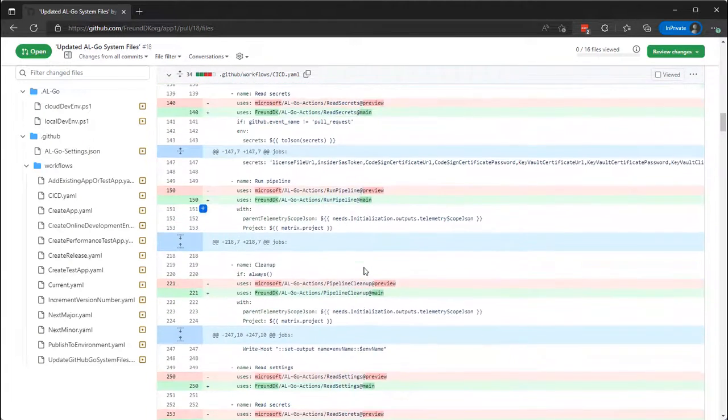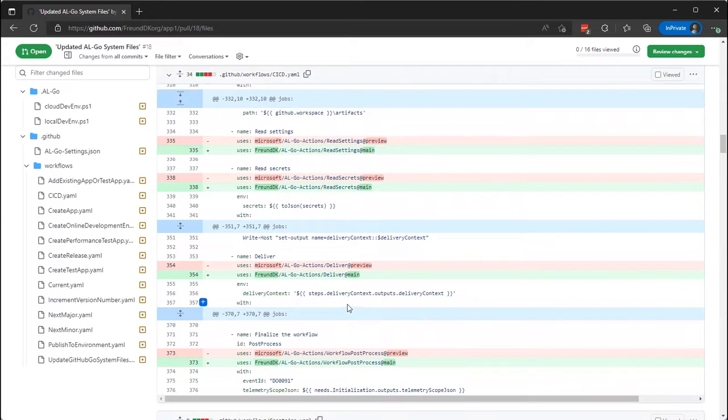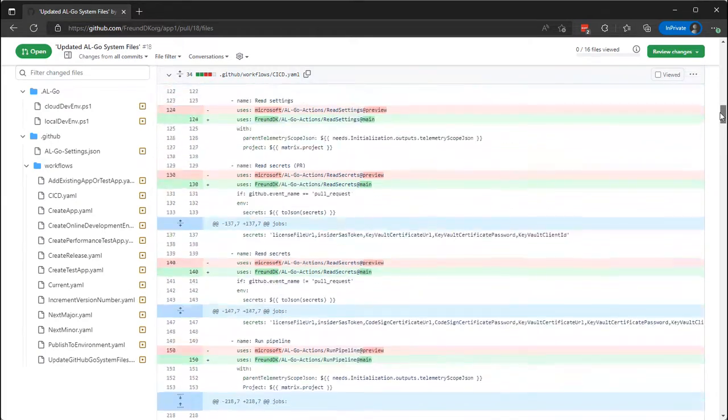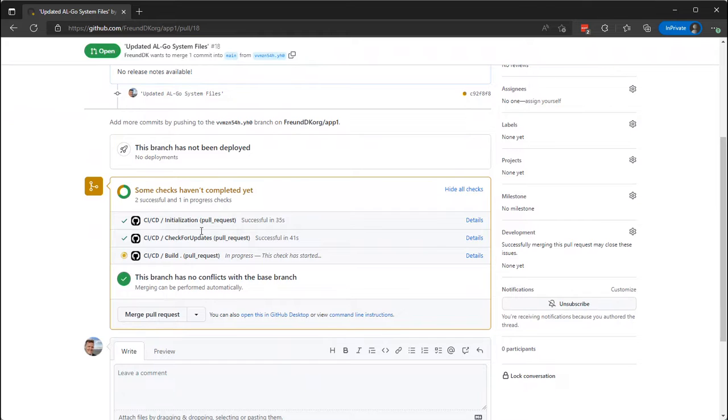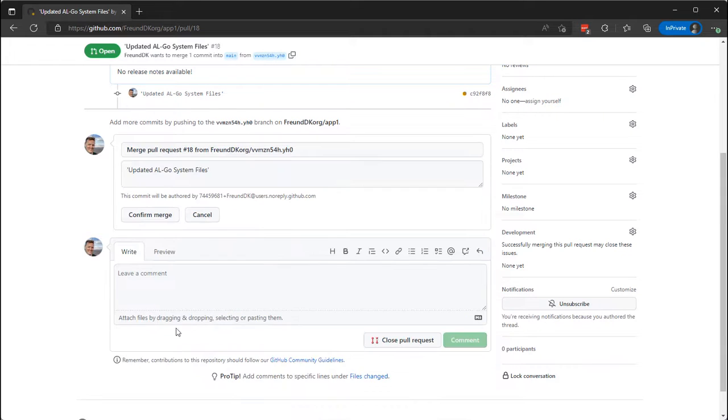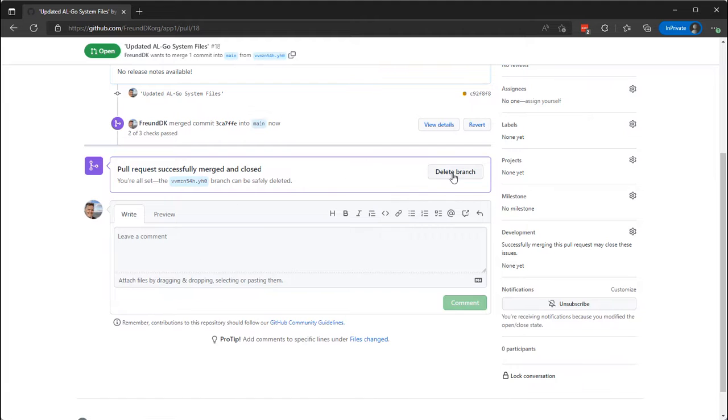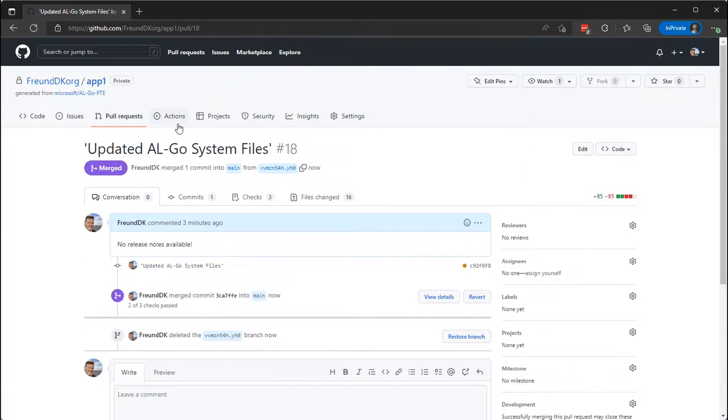So we are re-platforming the actions used to run these workflows, and if there were any changes to the workflows, those would be applied as well, and also the scripts will be replaced. So let's go to conversation here. We can see that the CI/CD workflows will successfully complete based on this, but I can also just merge this one, confirm the change, and remove this temp branch